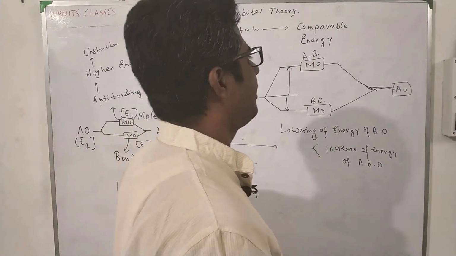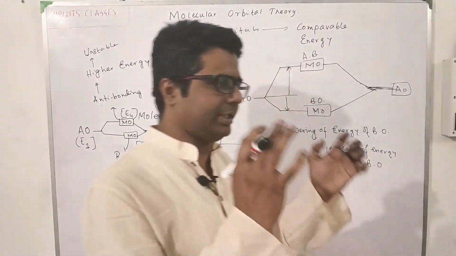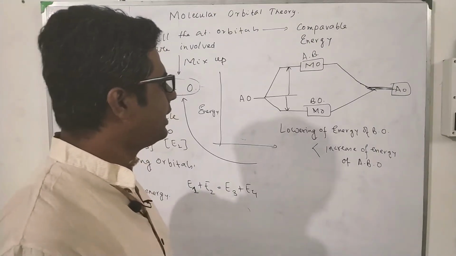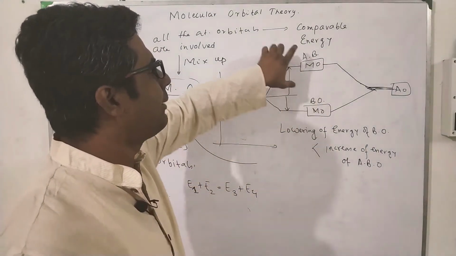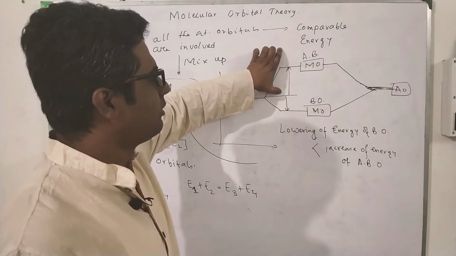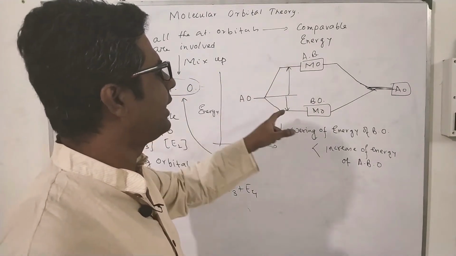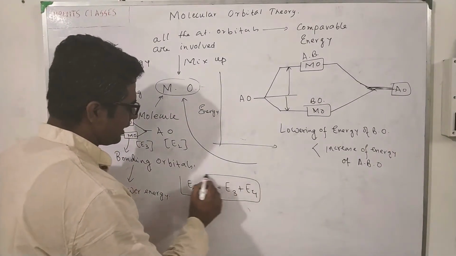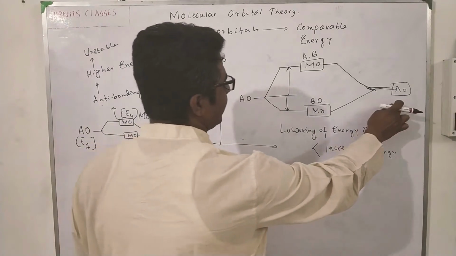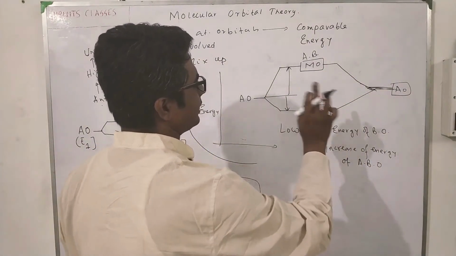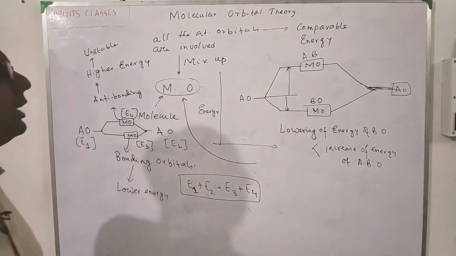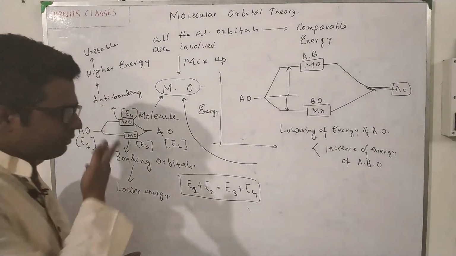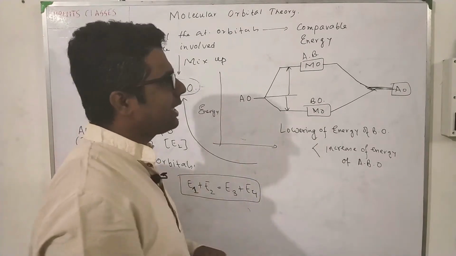इफेक्ट ऑफ एंटी-बॉन्डिंग ऑर्बिटल इज मच मोर, ठीक है। वो आने ही नहीं देगा, इलेक्ट्रॉन को आपको बॉन्डिंग करने ही नहीं देगा, तो उसका इफेक्ट बहुत ज्यादा है। इसीलिए इंक्रीज जितना होगा एनर्जी का आपका एंटी-बॉन्डिंग ऑर्बिटल में, उससे बहुत कम आपका लोअरिंग होगा एनर्जी बॉन्डिंग ऑर्बिटल में। बट रिमेंबर वन थिंग, टोटल कंजर्वेशन रिमेन्स सेम, दैट इज इसका एनर्जी प्लस इसका एनर्जी विल बी ऑलवेज इक्वल टू इसका एनर्जी प्लस इसका एनर्जी, ठीक है। सो दैट हैज टू बी देयर, ठीक है। सो ये सब नोट डाउन करो।